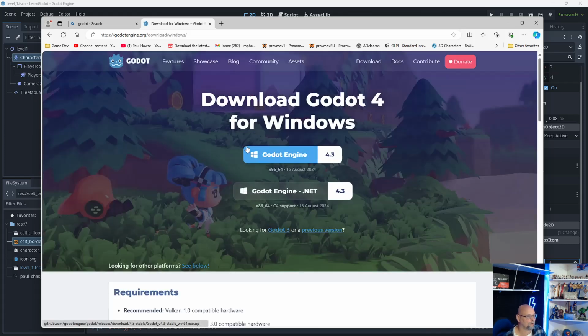Now there are two different versions. There's the regular one that uses GDScript, and then there's the one that uses .NET. The .NET version is there for C# support. If you're going to be using certain plugins from certain vendors, or if you're going to code in C#, you're going to need to grab the .NET engine. But I grabbed the regular one, and I exported it into a folder on my desktop and created a new